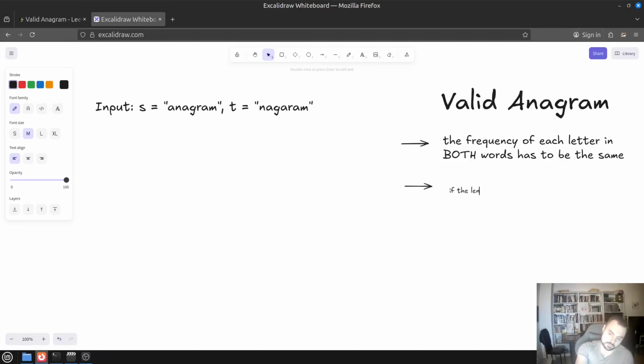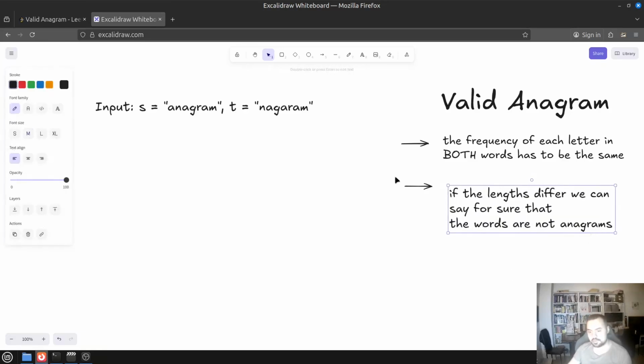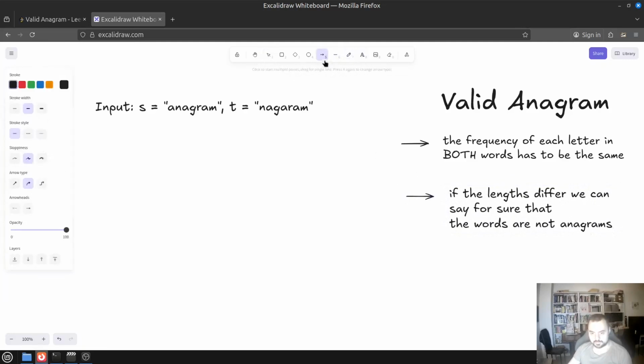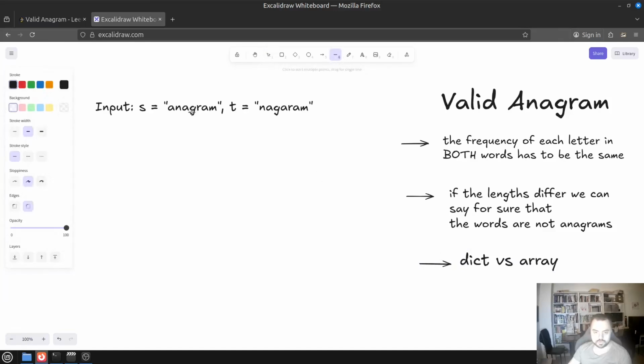If the lengths differ, we can say for sure that the words are not anagrams. And that's it. And now we have two options, either dictionary versus array. So let's first try the